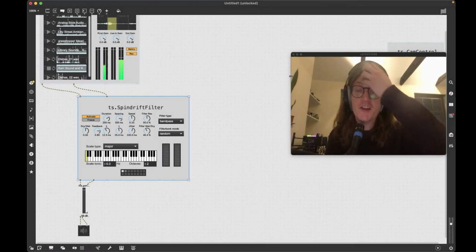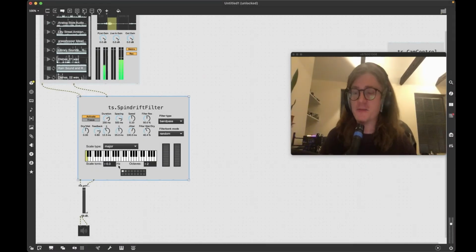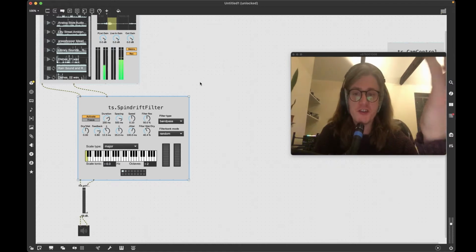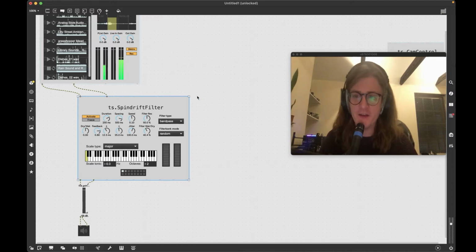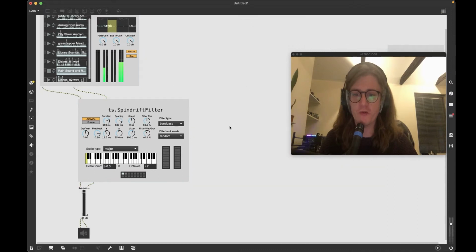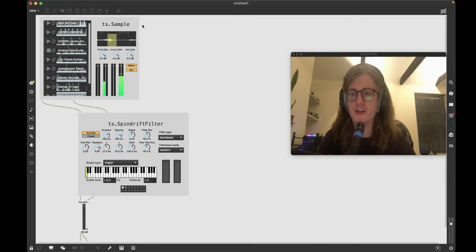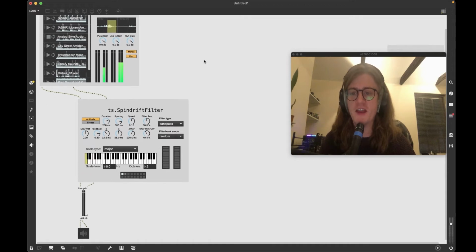Okay, so the next module we're going to take a look at is Spindrift, which is based on Michael Norris's Spindrift externals library. So the idea of this module, particularly within my context, is for real-time spectral processing, in the sense that I want to be able to feed this module with any sound, but particularly these field recordings from the sample module that we spoke about previously, and pull out resonances to create harmonic and melodic material using bandpass